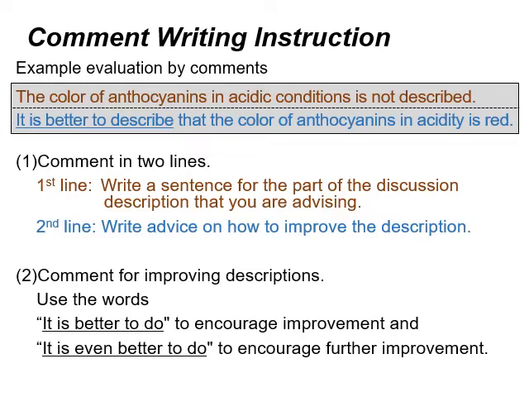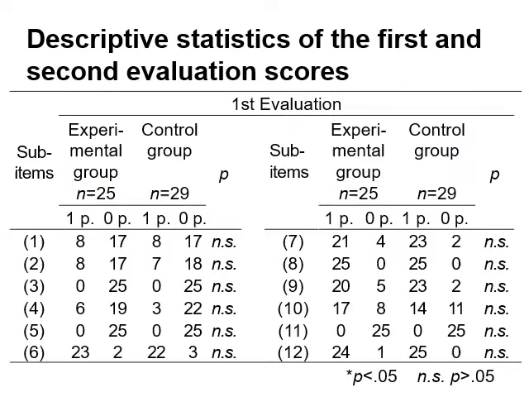The students were instructed to write the comments in this way, and then they were allowed to engage in peer evaluation activities. Now, we will analyze the results of the practice. First, the learner's discussion description was evaluated by the researcher using the evaluation criteria. First of all, there was no significant difference between the experimental group and the control group in the first evaluation